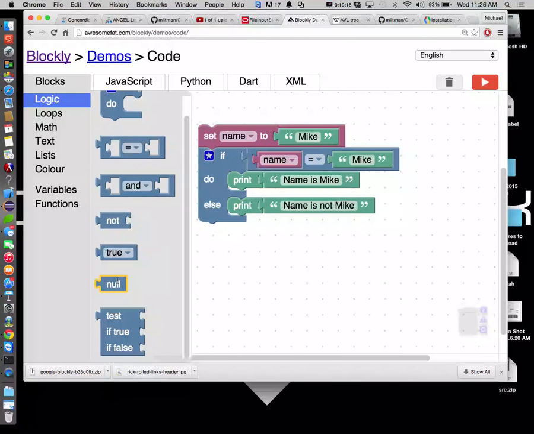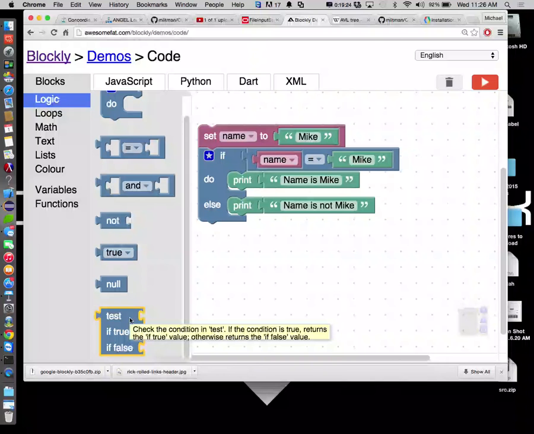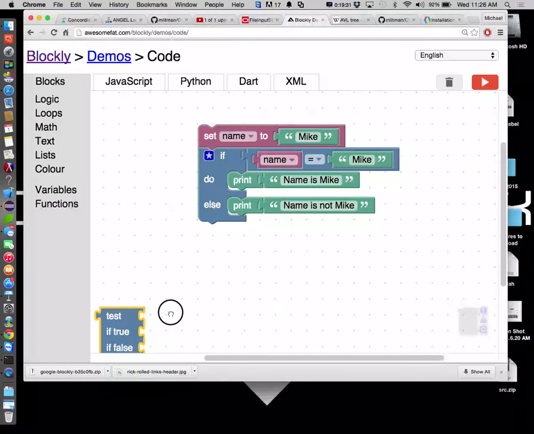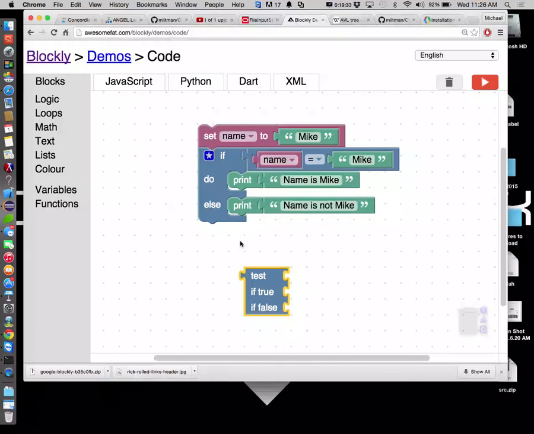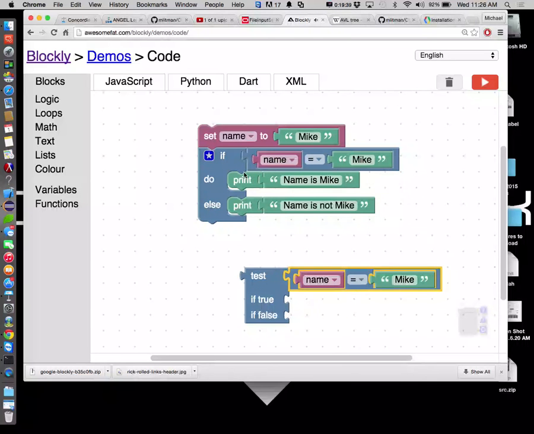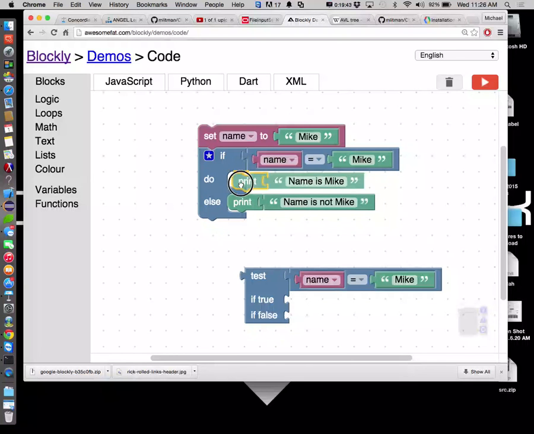Null is to check to see if something does not have a value in it. I'm not sure what test does. Let's see, it checks the condition in test, and if the condition is true, it returns something. So given that, if I throw this guy out here, I then should be able to do this. If true, I should be able to do, actually, can I just grab the whole thing? Yeah, see, I can't